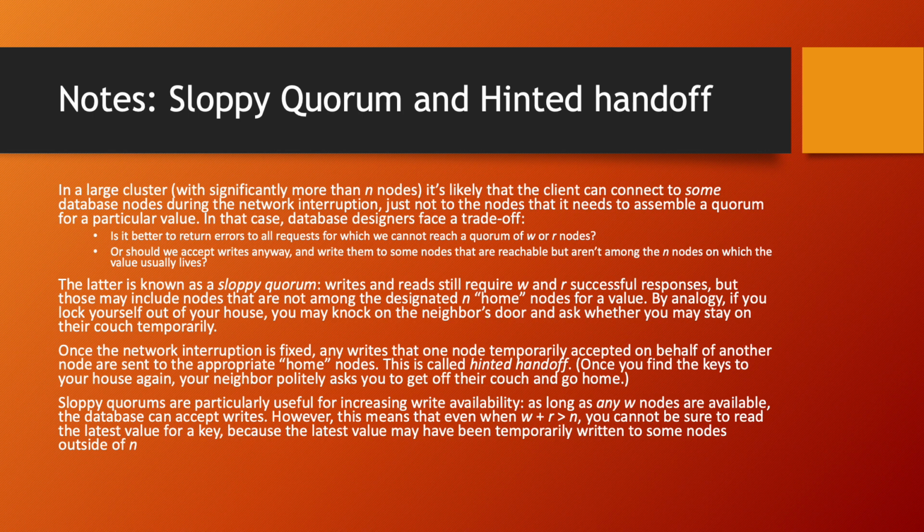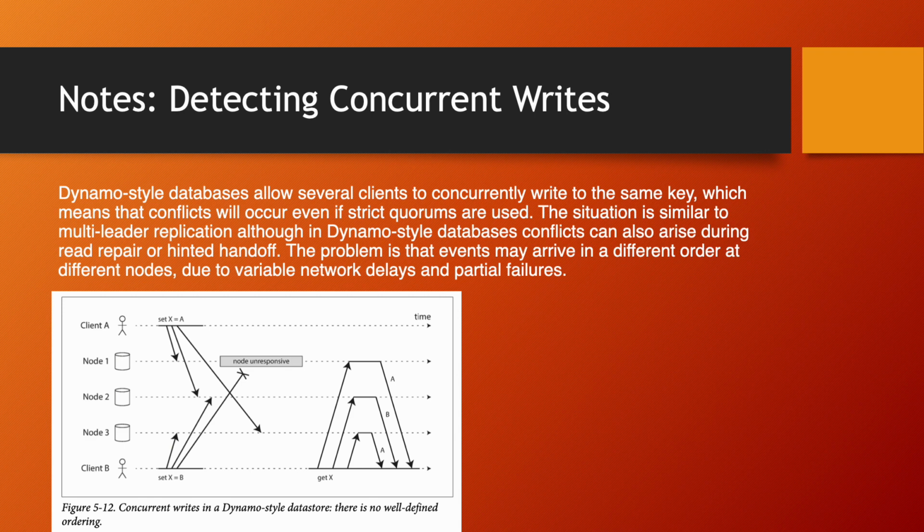For as long as W nodes are available, the database can accept writes. However, this means that even when W plus R is greater than n, you cannot be sure to read the latest value, because the latest value may have been temporarily written by some of the nodes outside of n. Now, Dynamo-style databases, that is leaderless replication configurations, allow several clients to concurrently write to the same key,